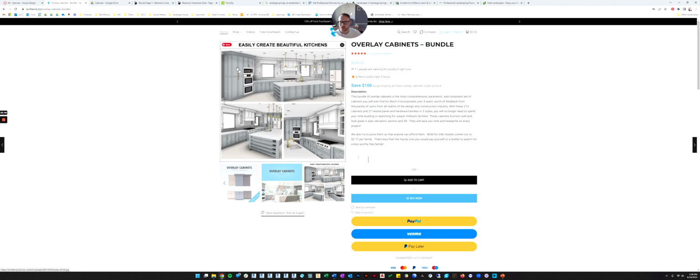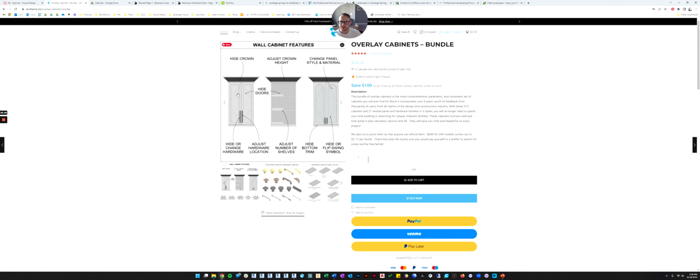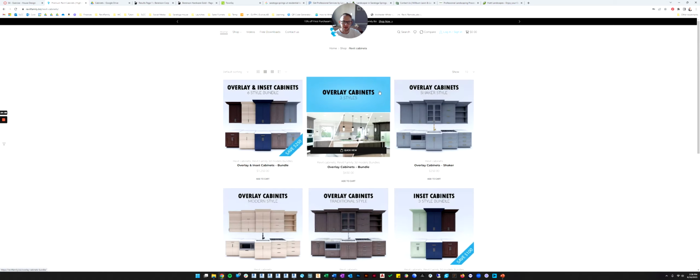So they're kind of shaker style doors. Shaker has that border around the middle with an inset panel. Let me show you. That's shaker style. Let me show you the modern style or traditional.